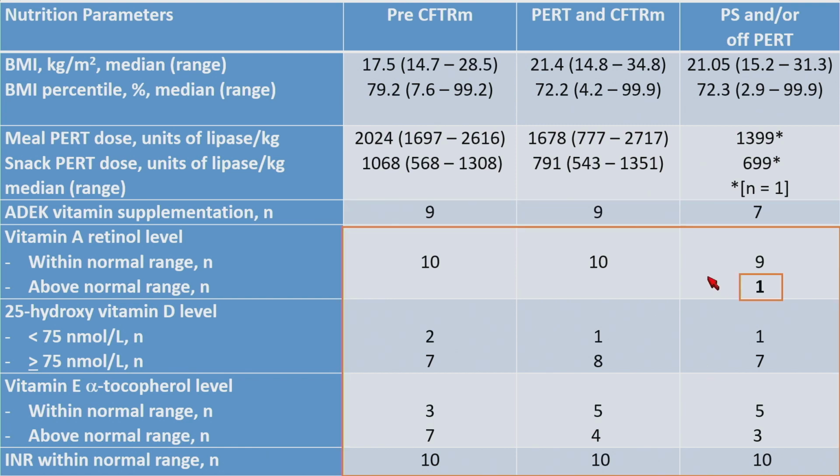And in terms of vitamin levels, for most of the patients, they remained stable, except for in 1 patient. This was patient number 9. He was noted to have elevated A and E levels after 2 months of stopping PERT. As soon as we had this result, we stopped his ADEK supplementation and we checked his vitamin levels in 6 months, but his vitamin A continued to increase. Now at almost 12 months off of PERT as well as ADEK, his most recent vitamin A level has finally fallen within normal range.